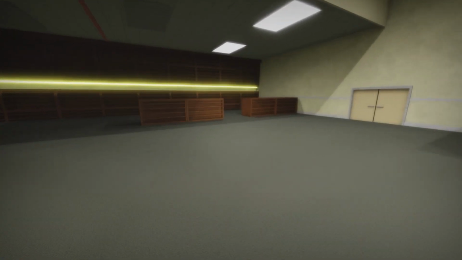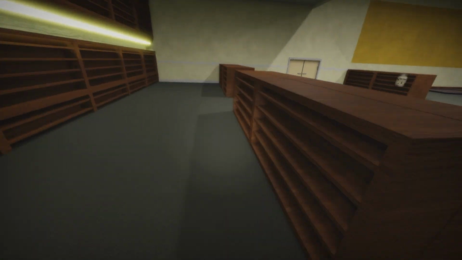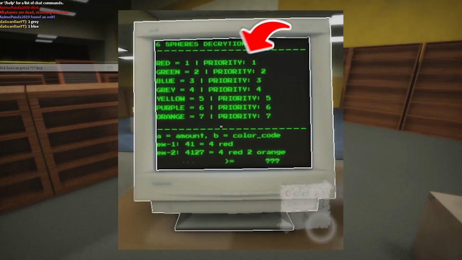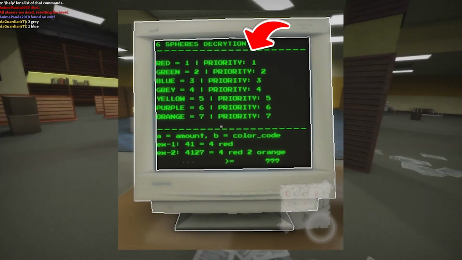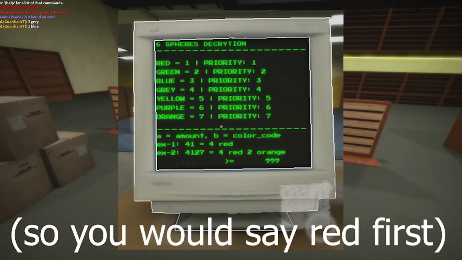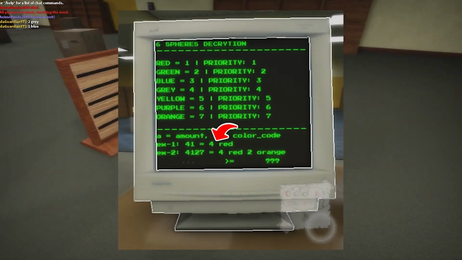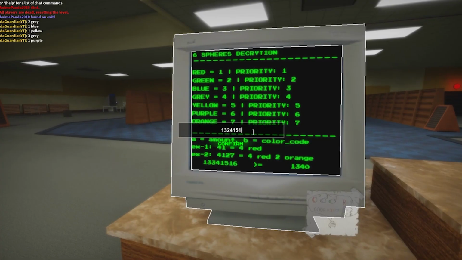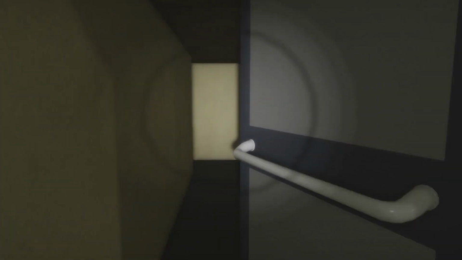This level is based on level The End in the Backrooms, and has 0 entities, but makes up for it in 2 difficult puzzles, so I'll summarize them both. The colors and then the computer name. The colors: starting with what has the lowest priority, aka red equals 1, so you would say it first in the code. Then just say how many reds you got and what the priority of the color was for it after that. Then when you type the colors and enter the correct code, it unlocks the door,